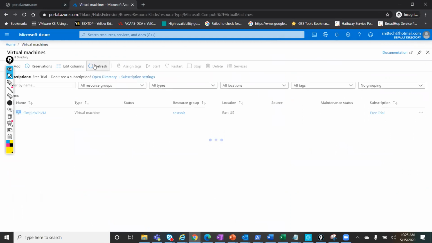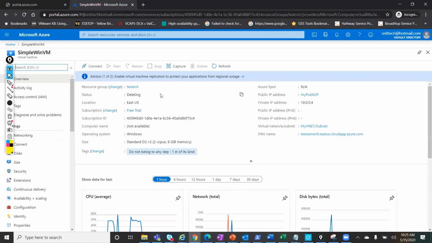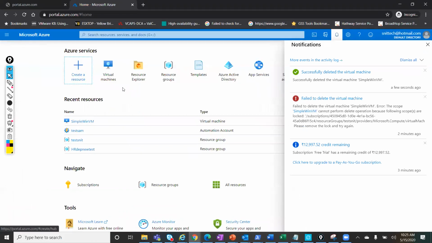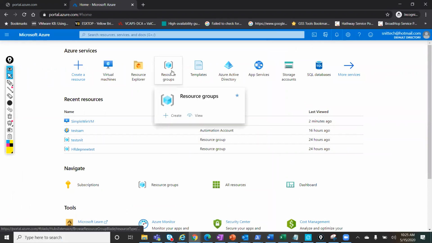Let's refresh this. It's still getting deleted. So the virtual machine is successfully deleted. It may take some time for the cleaning up of the components, but we'll visit maybe in a couple of minutes. So now I'll show you how you can set a resource lock at the resource group level.